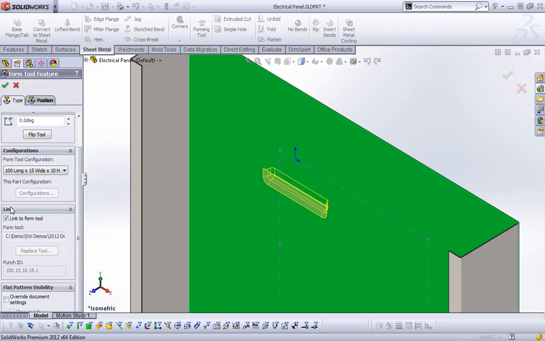Another option for forming tools is Link forming tool, which means it's going to create an in-context relationship to that forming tool file, so that if the forming tool ever changes, then the models change. It also has the ability to create a punch ID. This is stored within the forming tool part itself. I'll show you that in a moment. But to finish